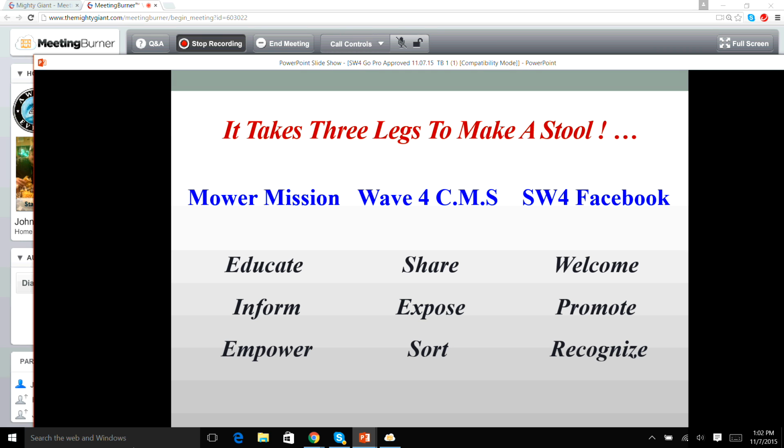We also use Sisel Wave 4 Facebook, our team page on Facebook, and it's a very important component. You know, most people don't realize just how important Facebook is because we have so many Sisel pages on the Facebook platform. But Sisel Wave 4 is actually integrated into your recruiting effort.